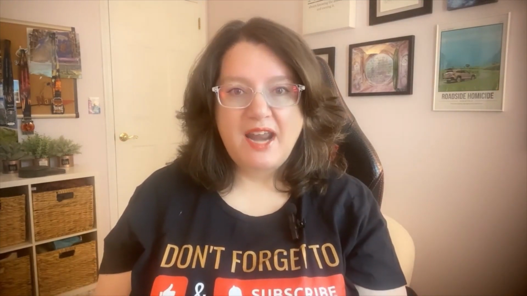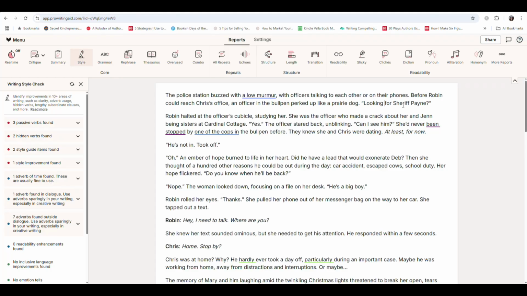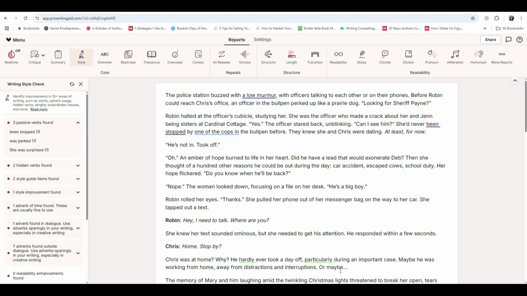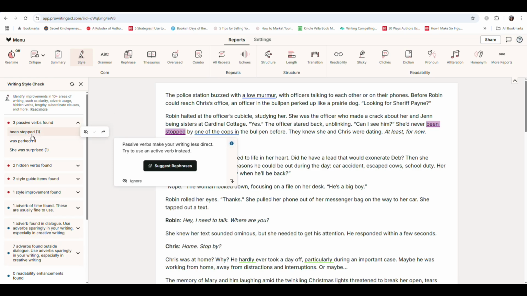Let's jump into Pro Writing Aid, which uses AI to make your writing better, to see examples of how they take a passive voice sentence and flip it to active. Okay, here we are inside Pro Writing Aid, and under the style reports where you can check grammar and style is a section where you can check for passive verbs. They are underlined throughout here as well. You can always hover over something to see what they're talking about within the app, but you can also then just click here to jump to them.